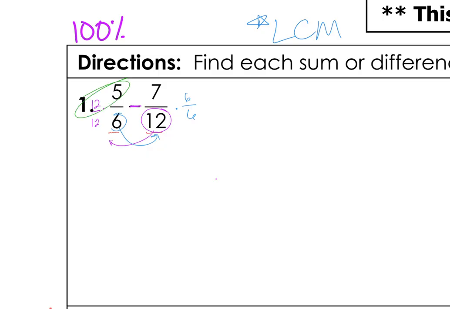So 12 times 5 is 60. 12 times 6 is 72. 7 times 6 is 42. 12 times 6 is 72. Check it out. We have the same denominator, and we will be subtracting because there's a subtraction sign in between them. When we subtract, we get 18/72, which is not my favorite, but if we can divide both of